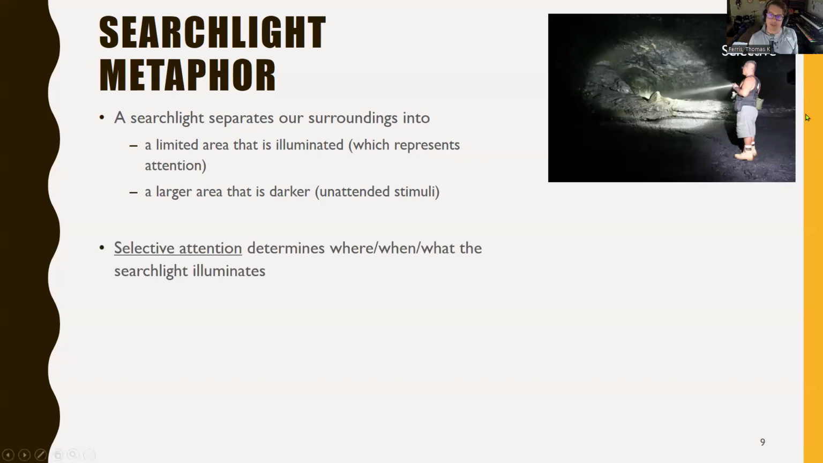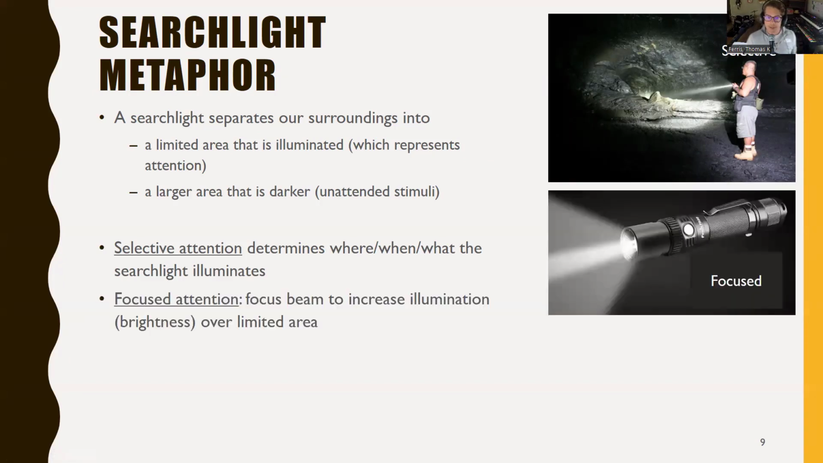The guy with the light represents selective attention. I want to see something over there. I point it over there. Oh, I want to see something a little bit brighter. I'm going to crank the width of the beam of the light. All of those are the roles of selective attention to separate the darkness from this is the stuff I'm going to process. If we have one of these nice searchlights like a Maglite where we can adjust the focus